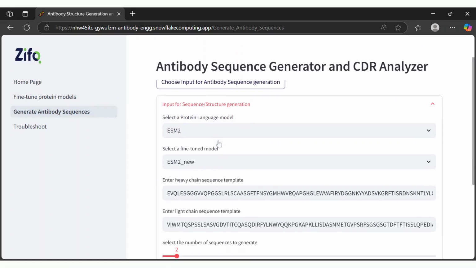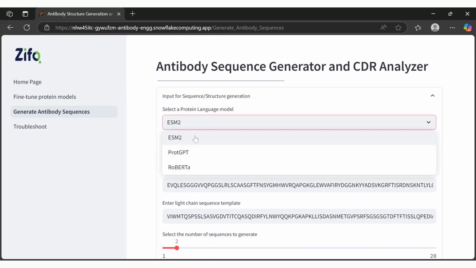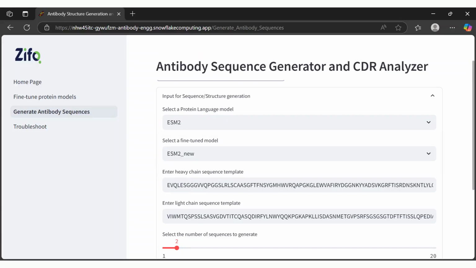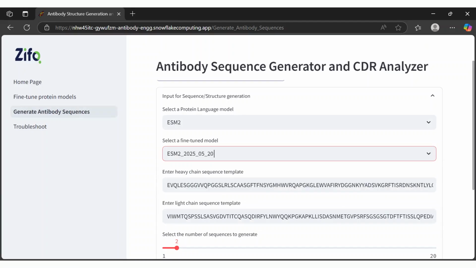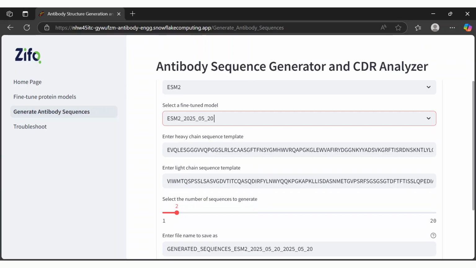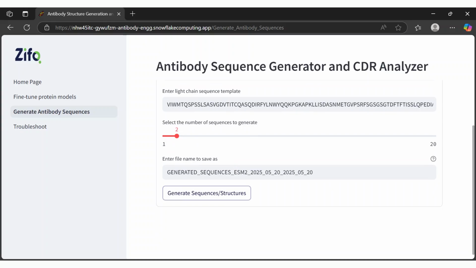Here, you can select whichever model type you want to generate the sequence for, and you can select which fine-tuned model you want to use to generate the sequence and structure. The heavy chain and light chain sequence templates are also given. You can select the number of sequences that you want to generate. Let's just leave it at 2, and you can provide whichever name you want to save these sequences and structures under. When you click on Generate Sequence or Structure,